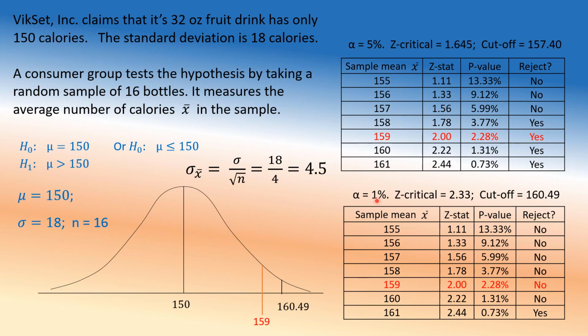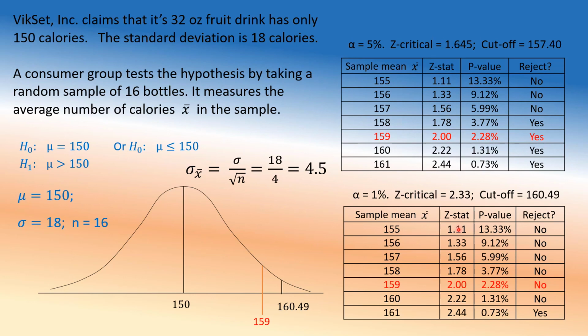Now why might we change from 5% to 1%? Well, we become conservative. Maybe the consumer group is a bit scared. Or maybe it's a bit more practical, saying that, hey, because of these process variations, because of different seasons, different fruits, we need to be a bit more forgiving when we accuse the company of being wrong. Or maybe these guys are very powerful. They are a huge corporation, and if you say something wrong, they can sue you. So instead of 5% risk, they take only 1% risk.